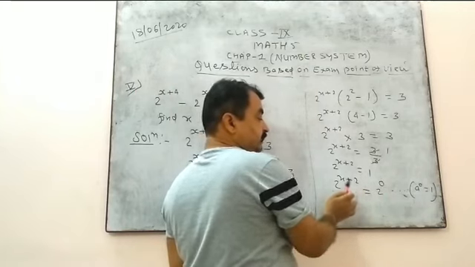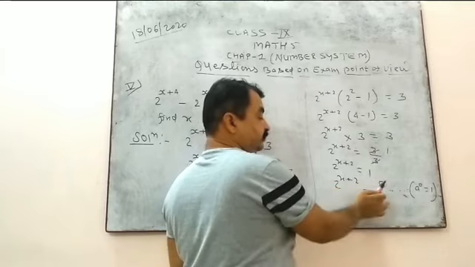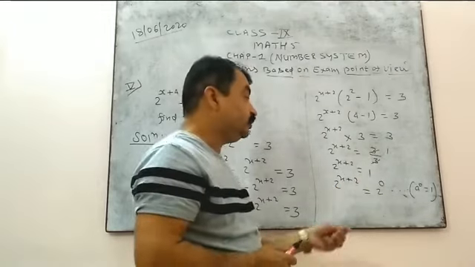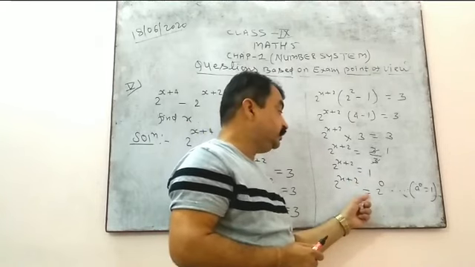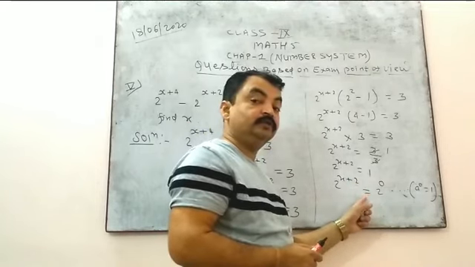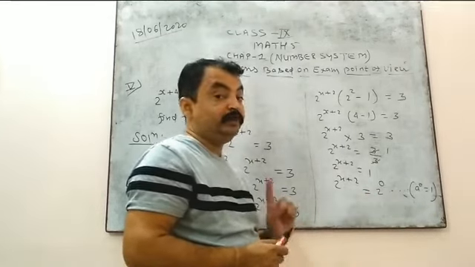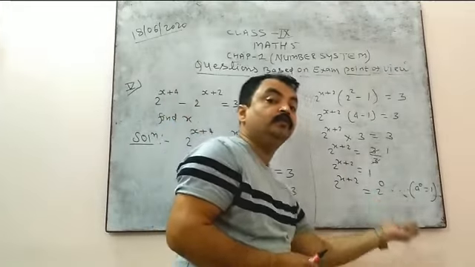So now see, our problem is solved. Now see, LHS and RHS, now you compare. In LHS and RHS, both have the same base, so the exponent must also be the same. Why? Because this is an equation, and you know the meaning of an equation: between them an equal sign is there. Equal sign means what? LHS part and RHS part are equal. So if the base is equal to 2, then the exponent must be equal.